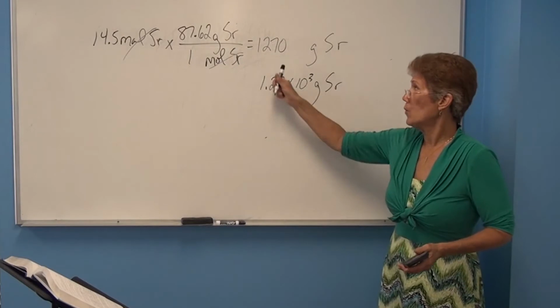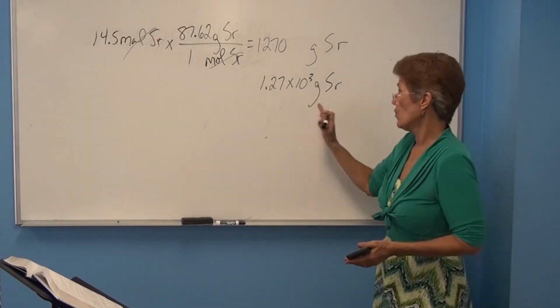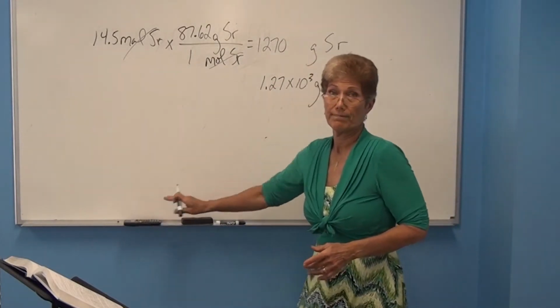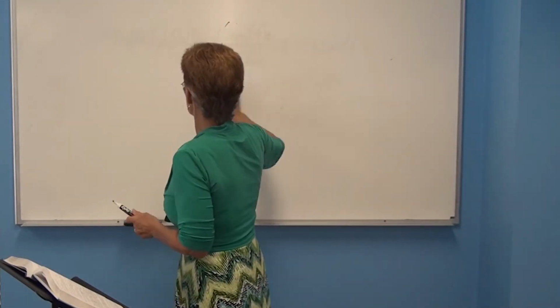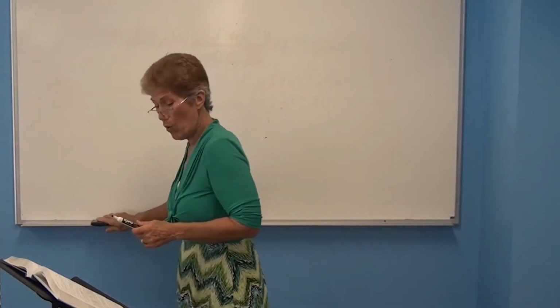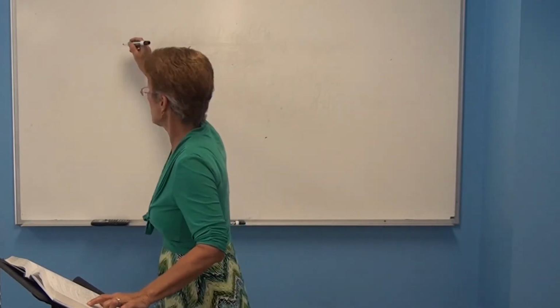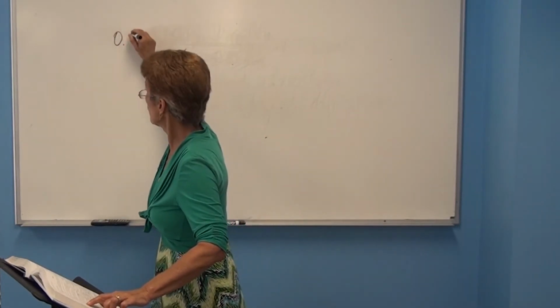And so either way, that would have 3 significant figures, and you have to have grams of strontium. So we're just going the other way now. In the last problem, we went from the mass to the moles. Now we're going from the moles to the mass. On B,